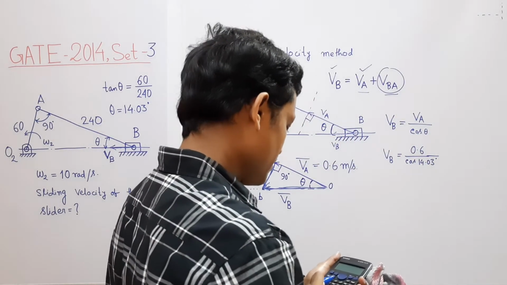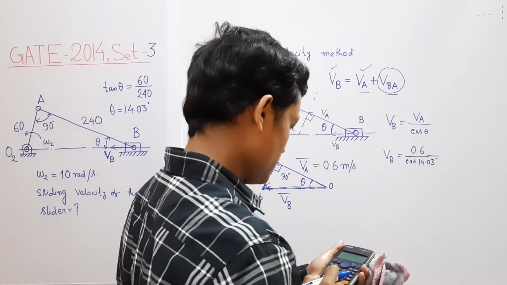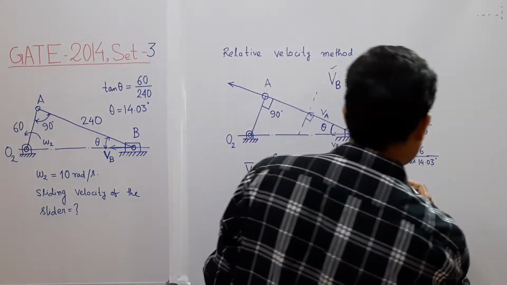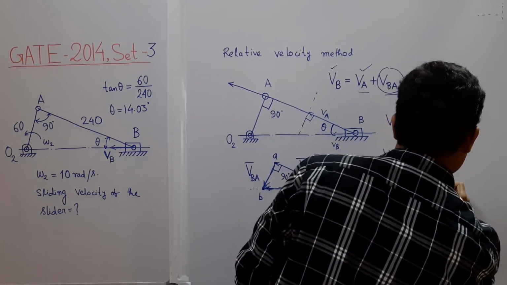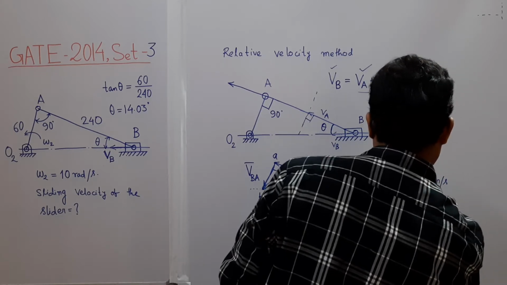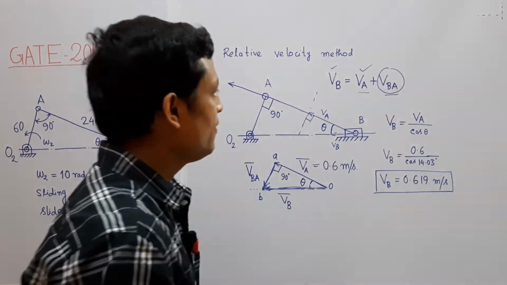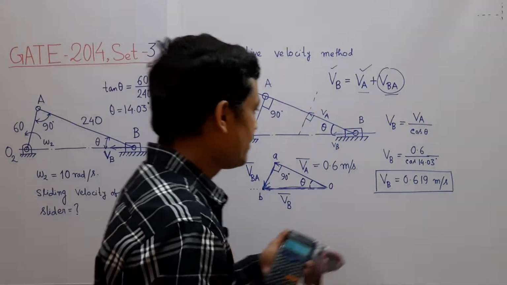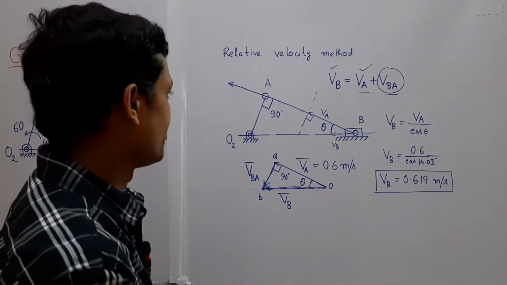Let us calculate. 0.619. So the sliding velocity of the slider is 0.619 meter per second. So we have determined